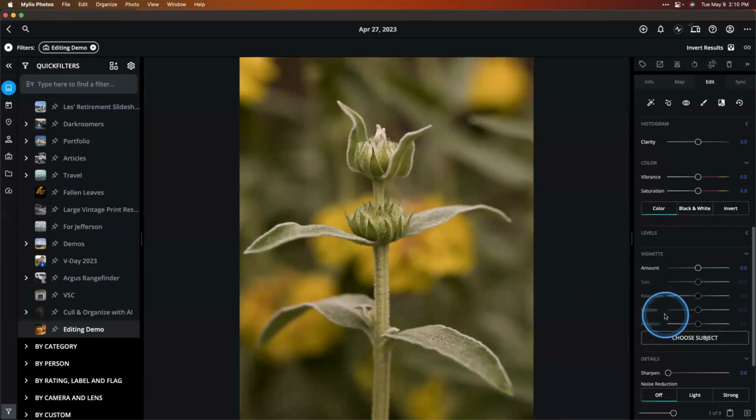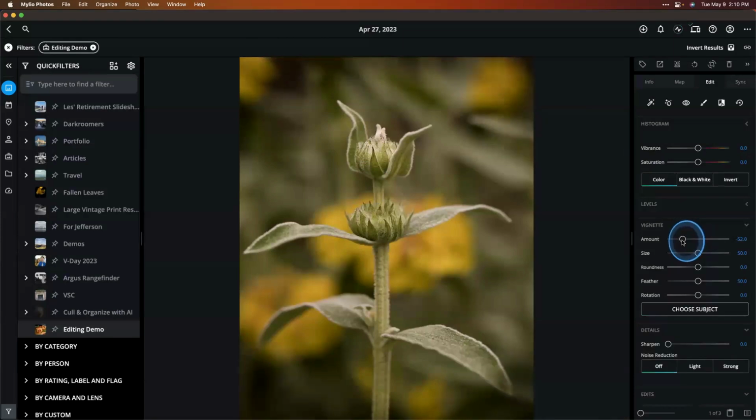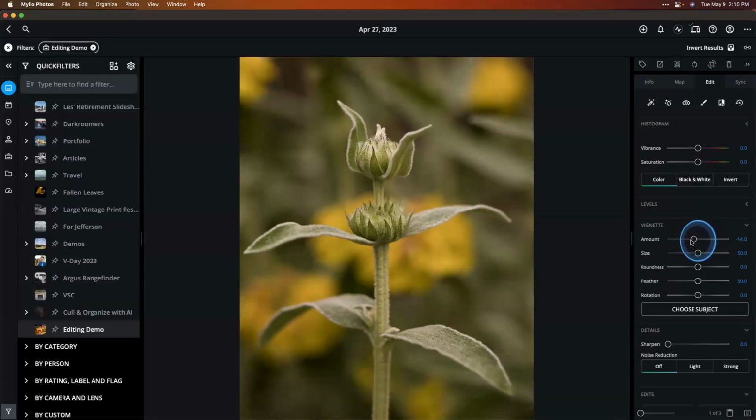Now I can go down to my vignette, and I can grab the amount slider. And you pull this to the left, you'll see it's darkening the edges. And if you pull it to the right, it brightens the edges. Now, I particularly prefer to darken my edges. My personal taste is that brightening edges tends to give it a very dated look. It's not something I prefer. There's very few instances where brightening the edges really helps, but it's completely up to you and whatever makes you happy. So I'm going to pull this down to the left,